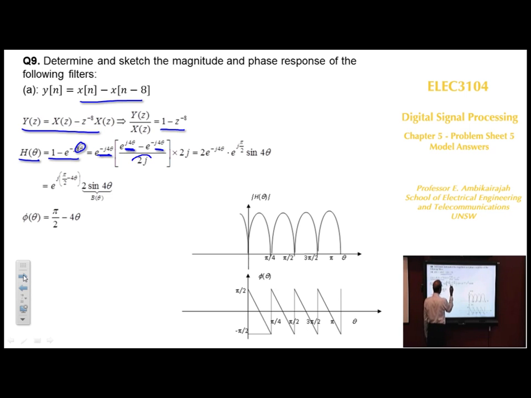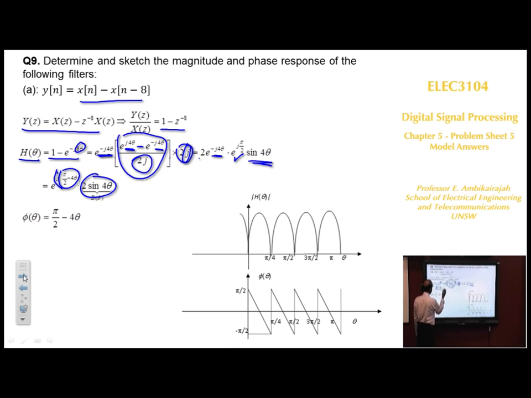This will become plus, that will be minus. Now you divide by 2j, because whenever you see a minus sign here, it's going to be sine. If it's a plus, you don't need to divide by 2j. You know, it's a cosine. So when you do that, this will become sine 4 theta, and this j becomes e to the j pi over 2, and 2 will be there, and e to the minus j 4 theta is there. So if you combine them, that's your phase part, that's your magnitude part. So phase is pi over 2 minus 4 theta. Magnitude of H theta